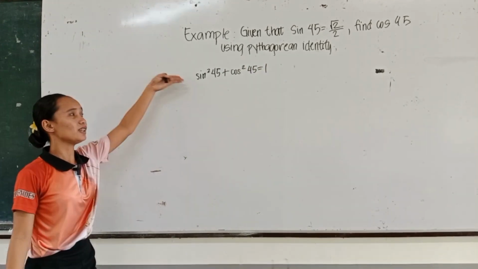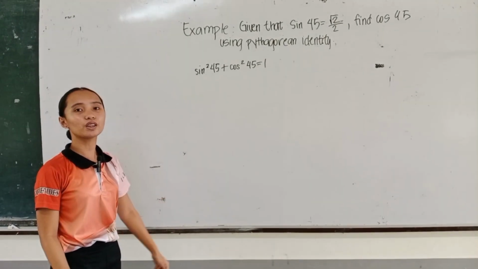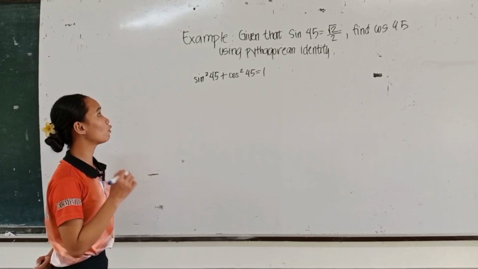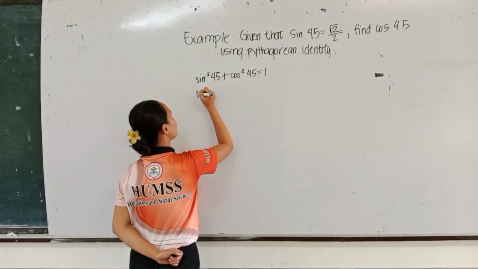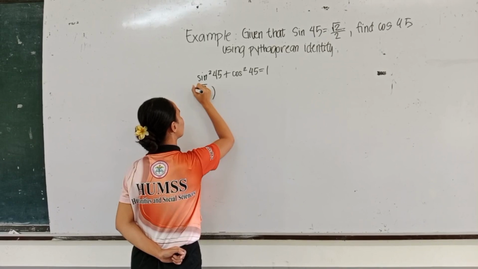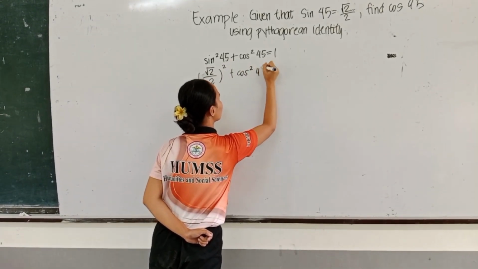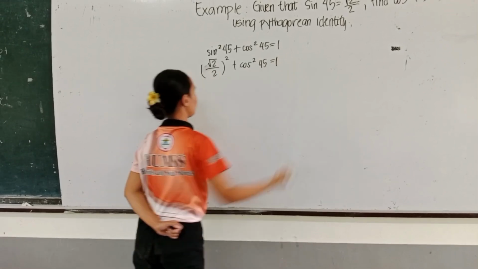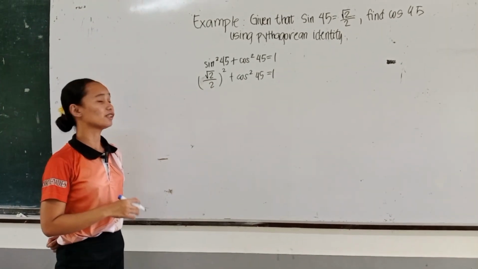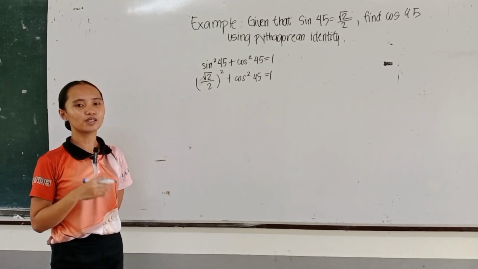So this is the Pythagorean identity that we will use, and then substitute the value of sine 45. And then square the square root of 2 over 2. Then that will result to